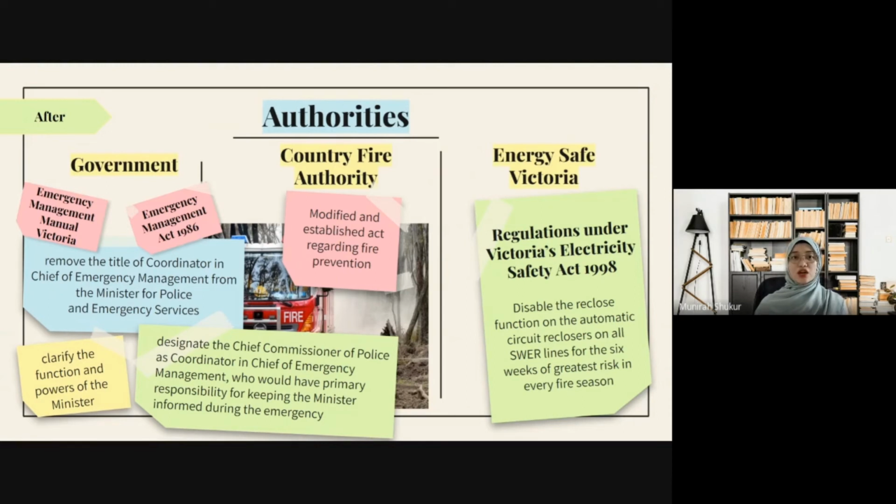smoothly. Country Fire Authority also should modify and establish an Act regarding fire prevention to ensure the safety of people. Victoria Safe Energy, in regulations under the Victorian Electrical Safety Act 1998, must take the initiative by disabling the reclose function on the automatic circuit reclosers on all SWER lines for the 6 weeks of greatest risk in each fire